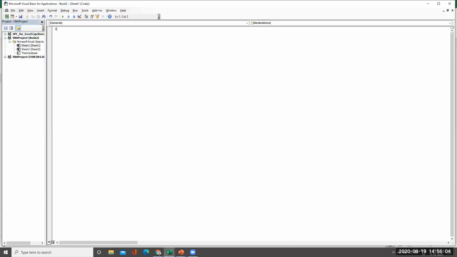I will add a subroutine called Simulate, with brackets. And then End Sub will be automatically added. I will have to have the data added. We will see what all the data is that I am going to add here. I'll give a tab. I will also tell you the meaning of this. With ActiveSheet. That means with the sheet open, that is, sheet number one.